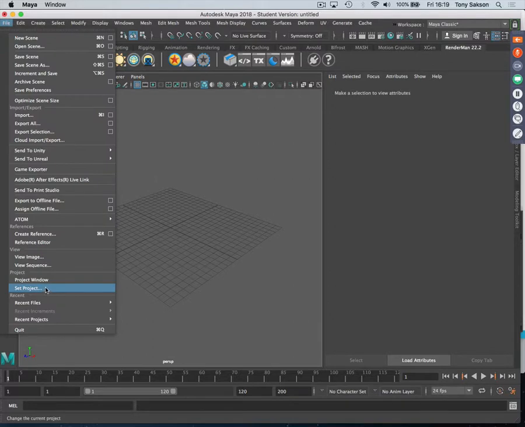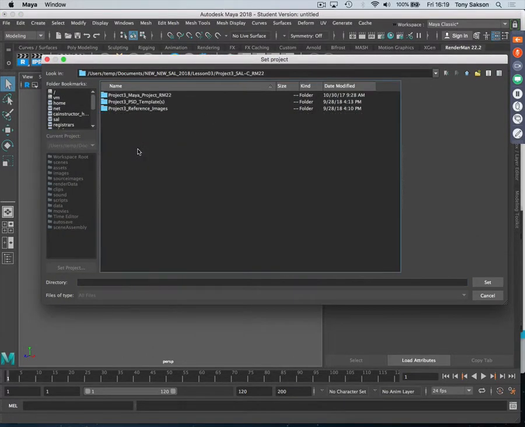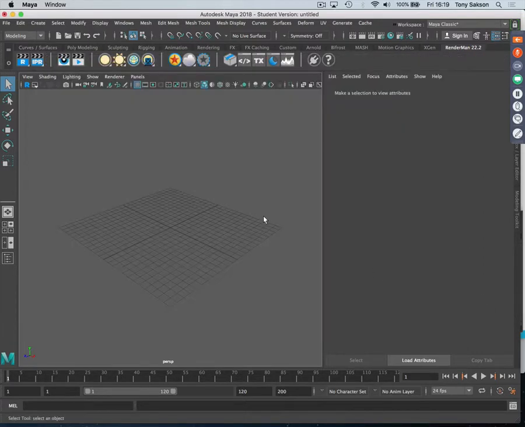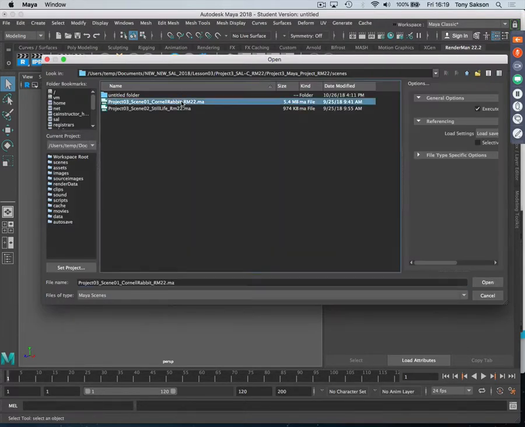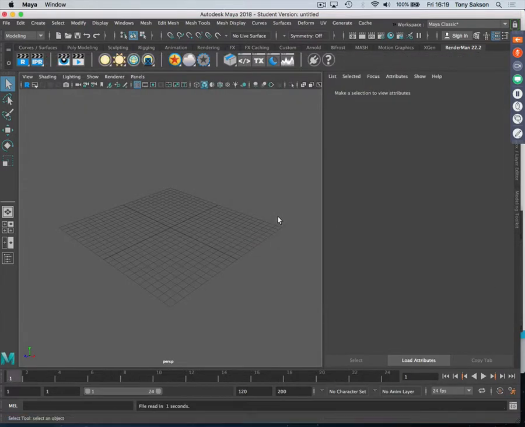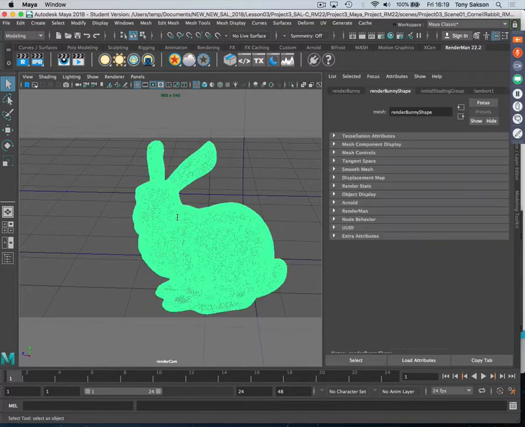So first thing I want to do is set my project. Right there, set, file open. I want the Cornell rabbit. So once I get this open, what should I do? All right, yep, let's take a look. What's assigned to it? Lambert,